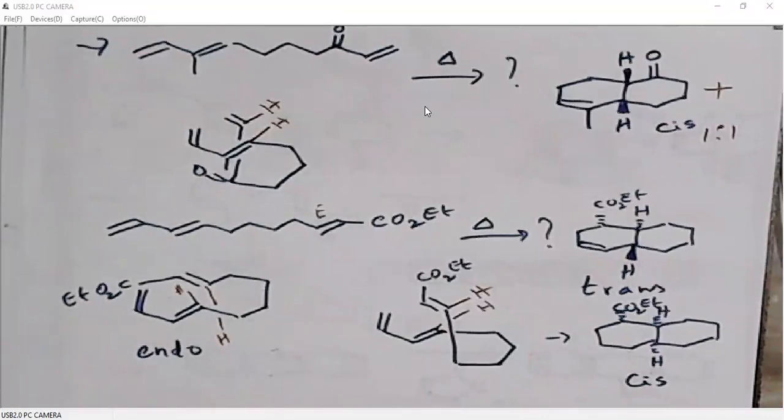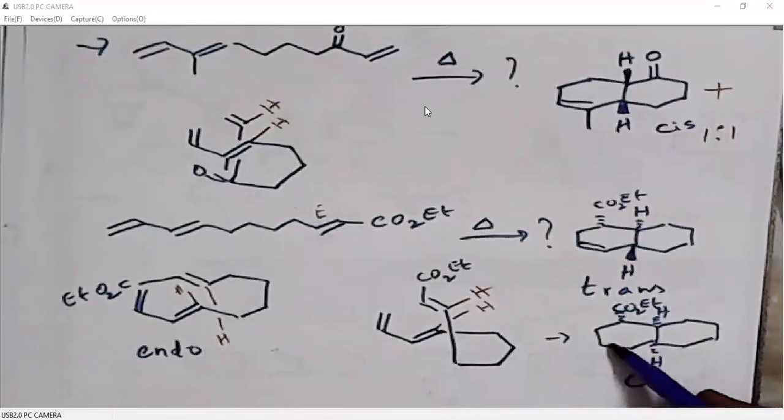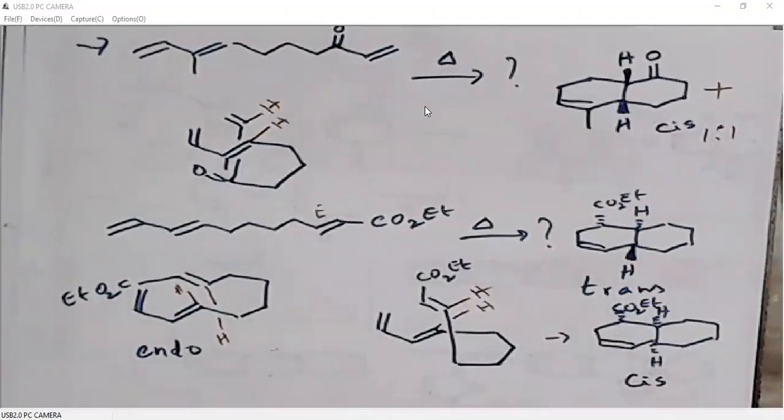Even in the exam, they will ask you by giving these 2 in the same plane and these 2 in opposite planes. So first we need to eliminate the answers which have hydrogen and CO2Et on different faces. When we select the product by elimination, it will be easy to correctly predict the product in an intramolecular Diels-Alder. We cannot straight away take the product.